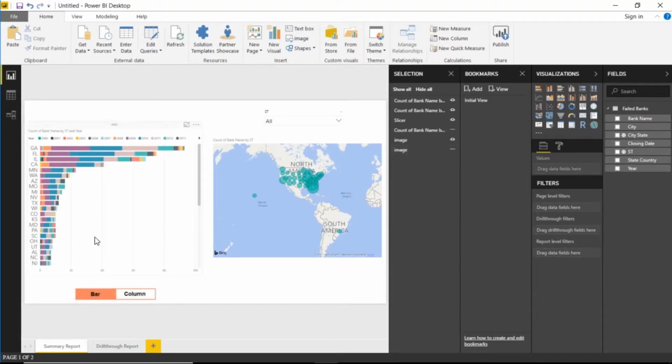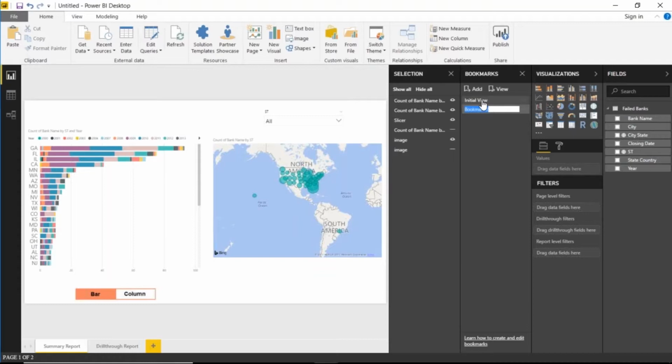Okay, so right now what this looks like is I have a view of my data set up so that I'm looking at a bar chart and it looks like I have a bar chart button already selected. I want to make it have the appearance that somebody could click on the column button and it would flip over to the column chart. So to do that, I would add another bookmark and I would call this my